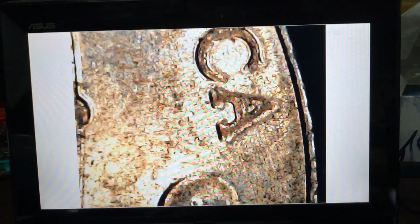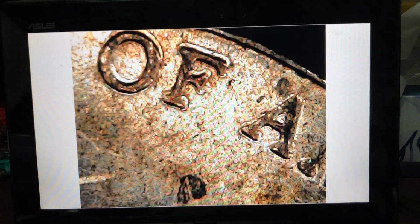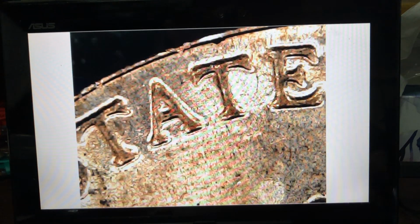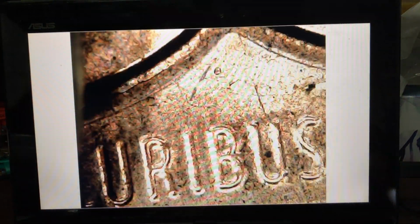Got the grades back on my die clashes. Super excited about that. I think I did pretty good. I'll wait to do a little video on them before I announce it. Do an opening when they send them back. I know what the grades are, but